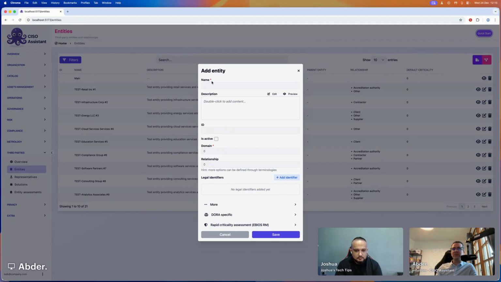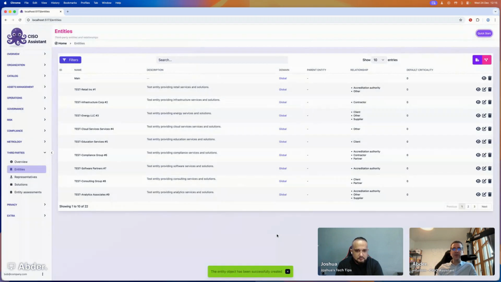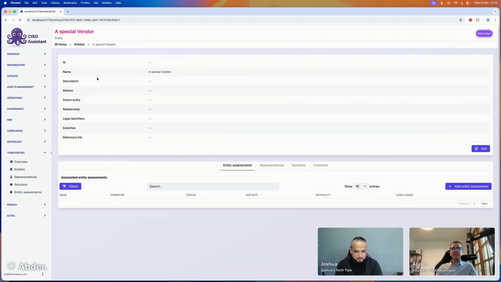For the sake of this exercise, we just need, let's call it, a special vendor as a name. And let's put it as global, because maybe all of my domains could benefit from it. So we just need that to begin with, and I can just pick it here, vendor. And whenever I start creating a vendor, now I can either create the assessment straight ahead